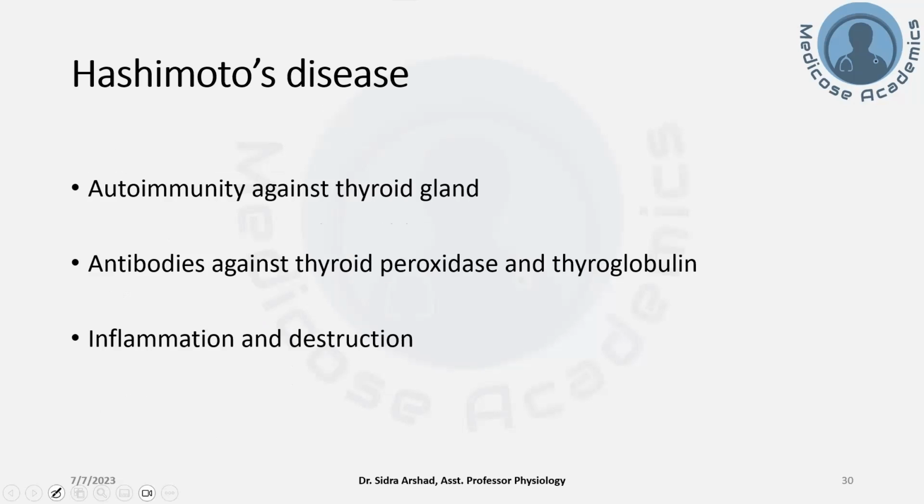Hashimoto's disease or Hashimoto's thyroiditis can cause hypothyroidism. There is autoimmunity against the thyroid gland, but the antibodies produced are against thyroid peroxidase and thyroglobulin. In this picture, stimulating immunoglobulins are not formed; rather, the antibodies are formed against thyroid peroxidase and thyroglobulin, and they inhibit the functions of these proteins. As a result, there is inflammation and destruction of the thyroid gland, and the levels of T3 and T4